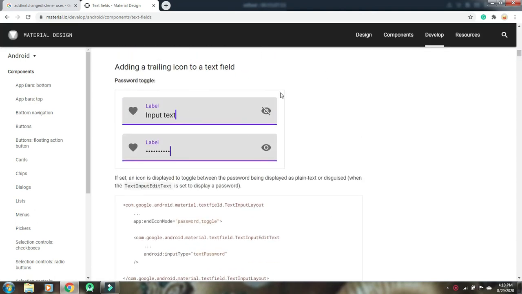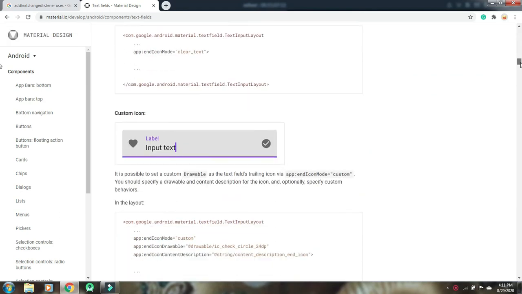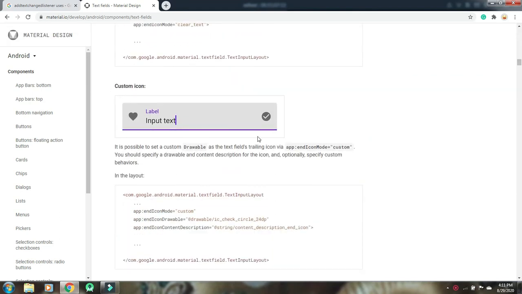Suppose for passwords you want to use a password toggle, some predefined end icon modes are present already, or else you can use custom icons also. If you want to use a custom icon, app:endIconMode must be custom, and you specify the icon drawable for the end icon.